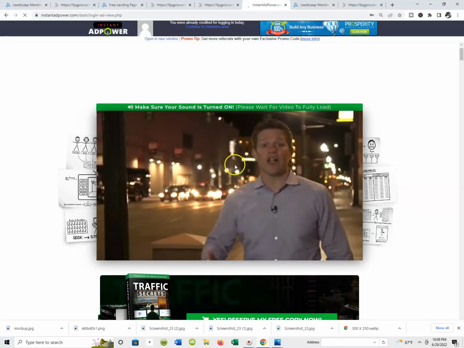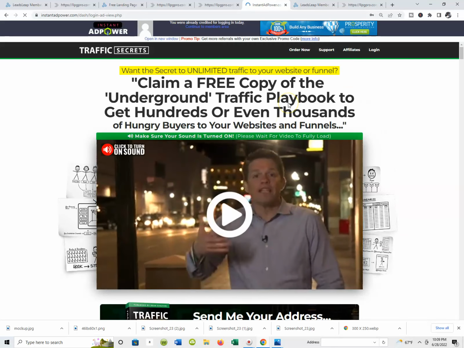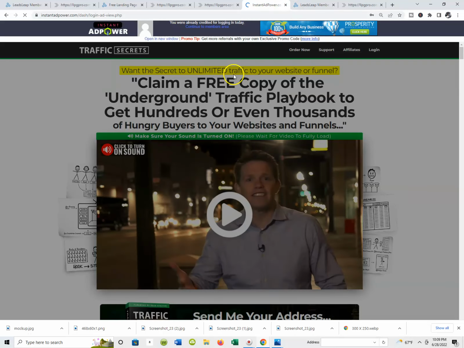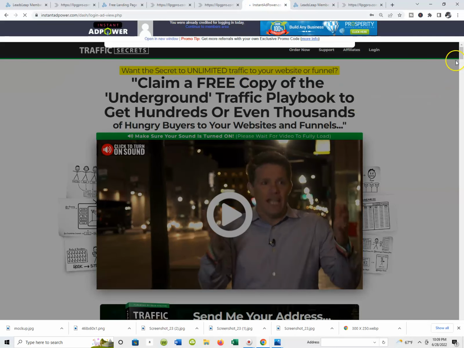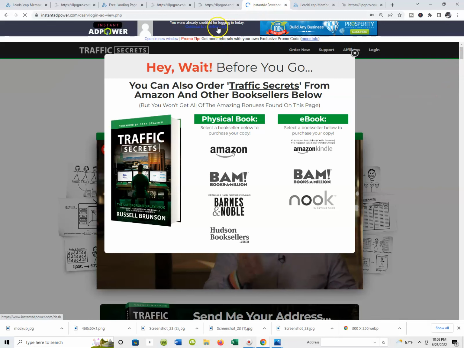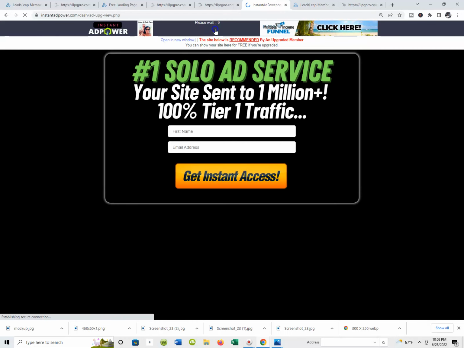As you can see, Russell Brunson, or an affiliate of his, is using the exact same platform, and that login ad is one of the ads we're seeing as we're logging in. I'm going to go ahead and log into my members area. You do that right up at the top if you guys are following along, and you'll see it's actually going to take me through another login ad, guys. I think some of this is administrative, but you kind of get the gist of what a login ad is actually about. And I want to get to my members area,